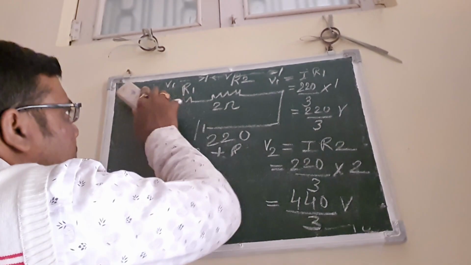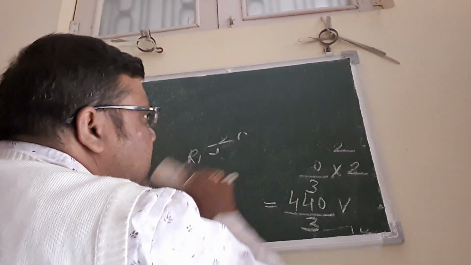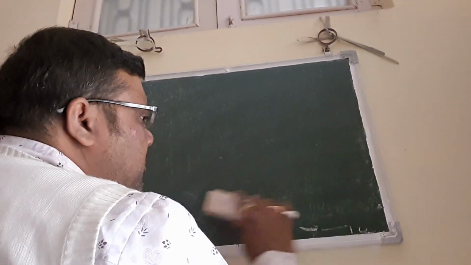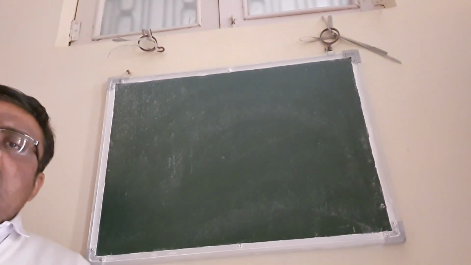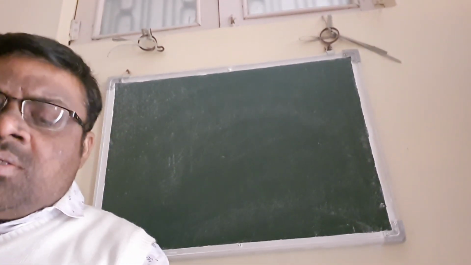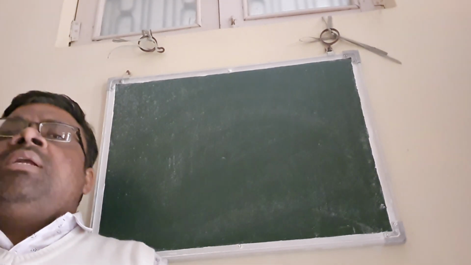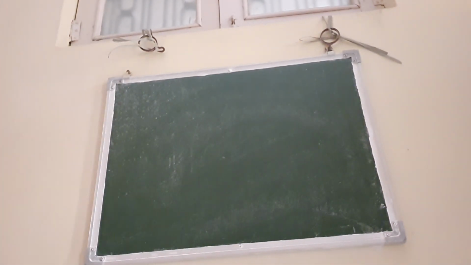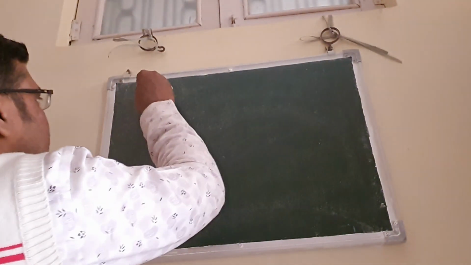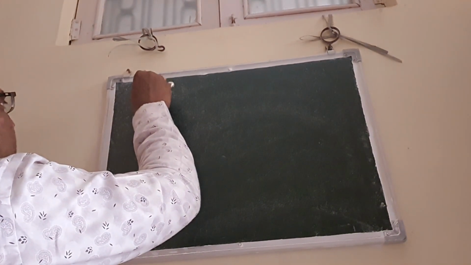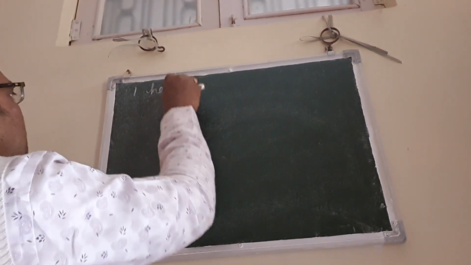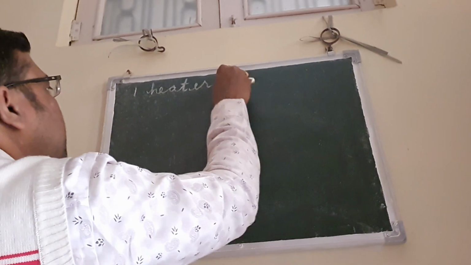So now we are approaching the next question, which is very important for the exams. The next question is we have to find out the consumption of the energy meter to find out the cost of the bill that comes in our households. So suppose there is one heater of 500 watt